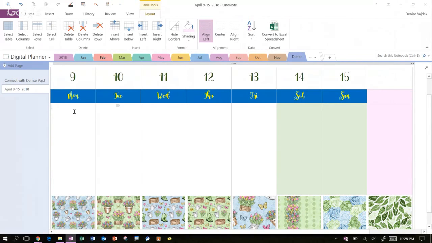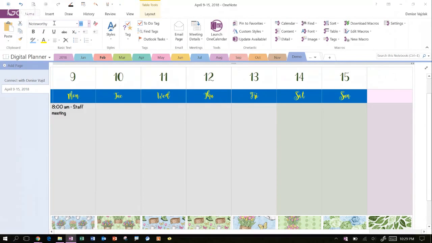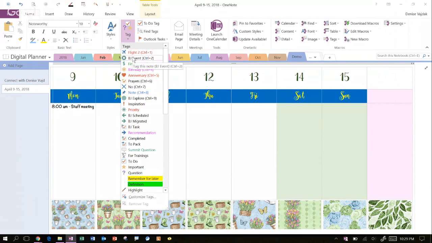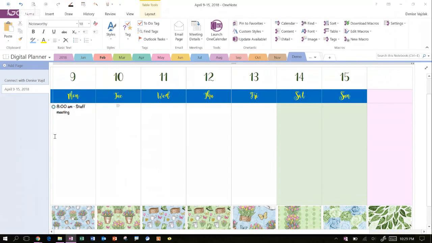Okay, so let's say I've got an 8 o'clock appointment, staff meeting, and there's got to be a better font. Let's do Noteworthy, and let's make it 10 point. Okay, so now because this is an event, I'm going to add a tag to it. I've just created one for a bullet journal event. And you don't have to be at the beginning of the line when you use a tag. You can be anywhere on that line. And so now I've got a